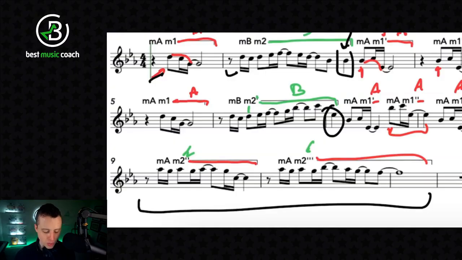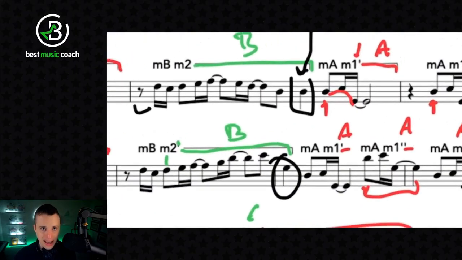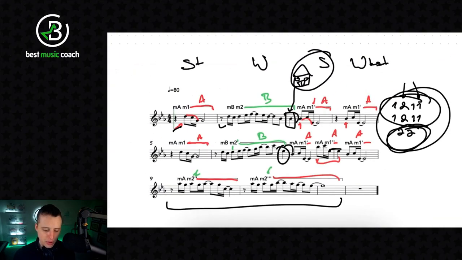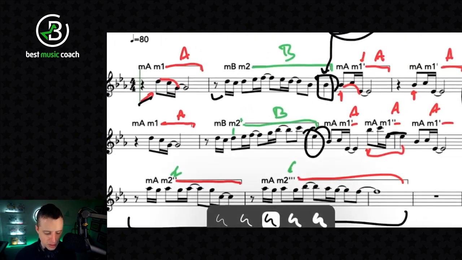There's no hits on one. And that's part of what gives this the floaty feeling. There's no hits on one except for right here and right here. So even here, it's tied over. And then what I think is interesting is if we look at the overall contour of the melody,